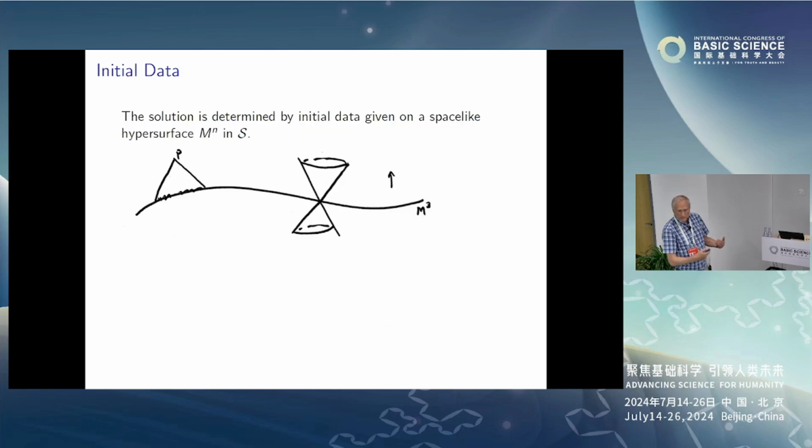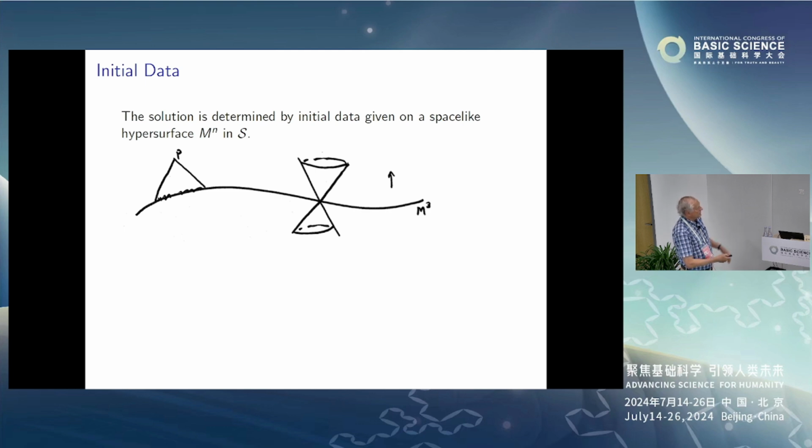Okay, and so this is really an evolution equation. It's a hyperbolic system of PDEs in suitable coordinates, and so the solution is determined by initial data, which is given on a space-like hypersurface, or actually it could also be on a characteristic hypersurface. But these pictures indicate that the gravitational field has finite propagation speed. So at this point P, the behavior of the fields there is determined by data in the reverse light cone. And this is a picture of the light cone at a point.